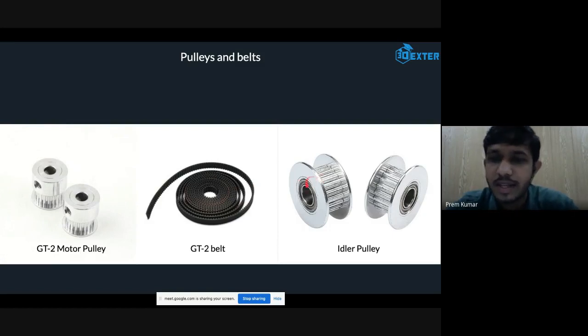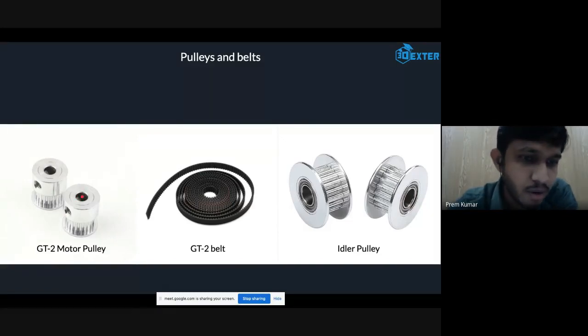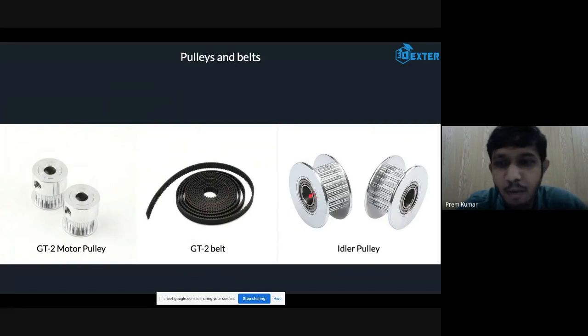So where is this pulley exactly used? One more thing, in these kinds of pulleys, the pulleys are different. The same kind of pulleys are available, like 5 mm bore, but the number of teeth may vary. They can start from 16 to 20 teeth, which means if you go for a higher number of teeth, the diameter of the pulley also increases. The same is the case for the idler pulley also.